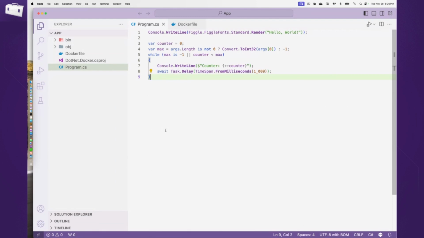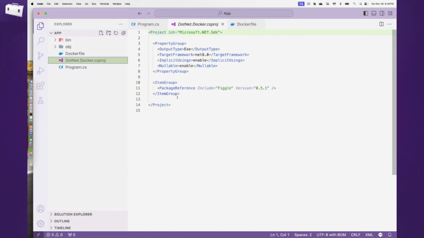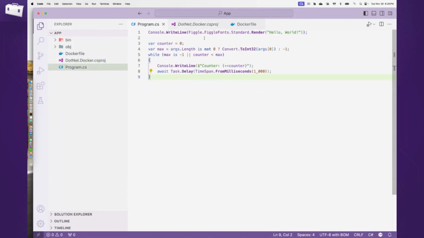But friends don't let friends just type out hello world in the regular font, right? So we want to make things a little bit more fun. So if I look at the CS proj here, this is just as bare bones as it gets. It's an SDK style project. It says, hey, I'm running this on .NET 8. I can use some C# 12 statements, so make things nice and clean. And I'm bringing in a package reference. This is the same as you right-clicking in Visual Studio and getting a NuGet package. So I'm getting one that's called Figgle. And all that it does is throw in a little bit of a fancy font.